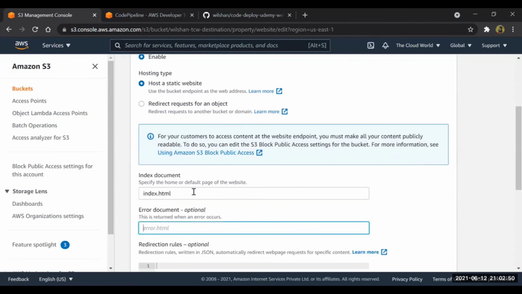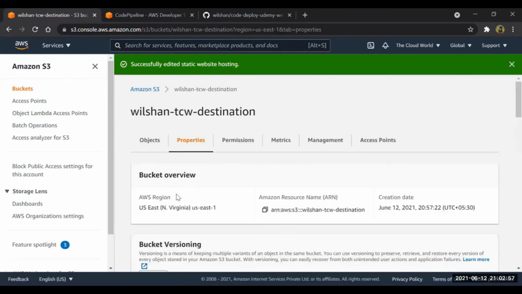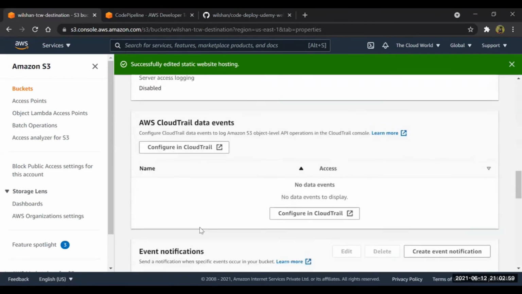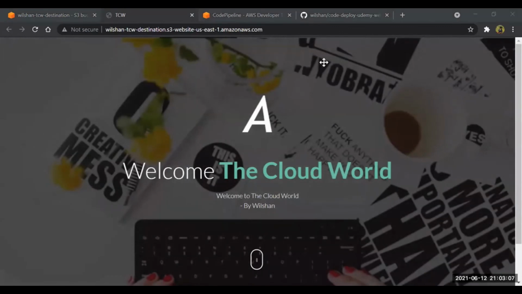I don't have any error document, so I'll keep it also as index.html. That's fine. Save changes. Now you should access the web page. Perfect. As you guys can see, my web page is getting accessed. So this means our pipeline is working fine.